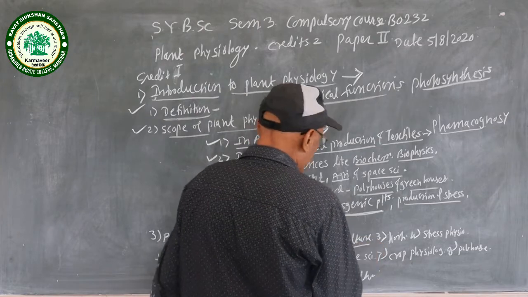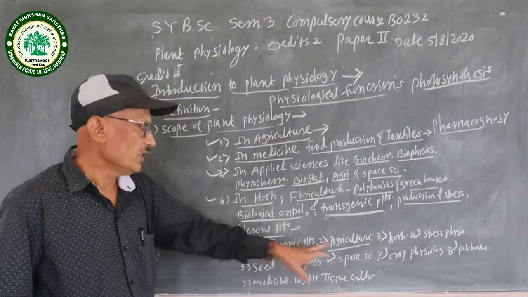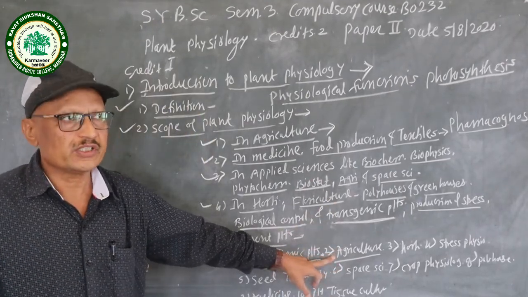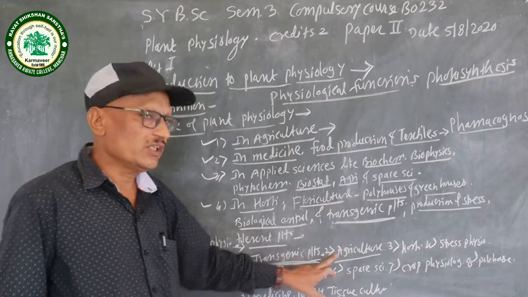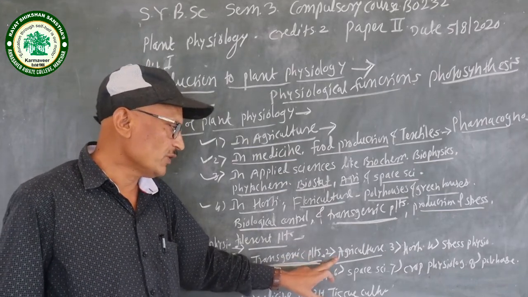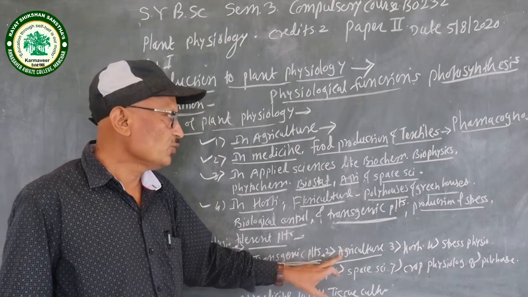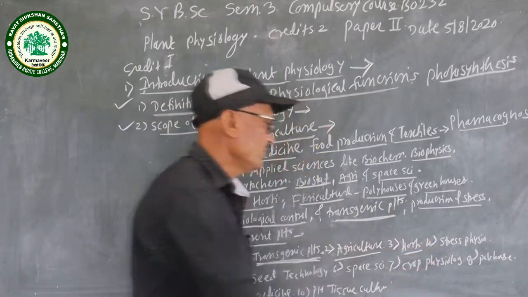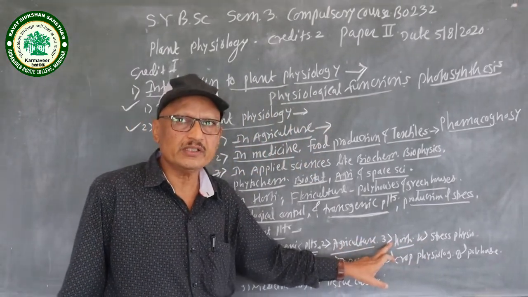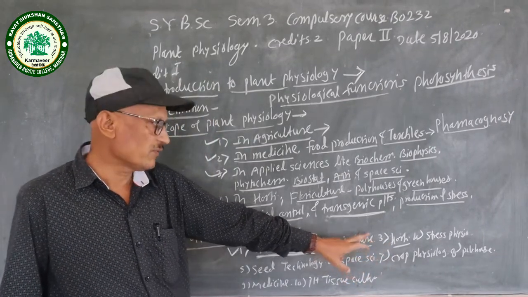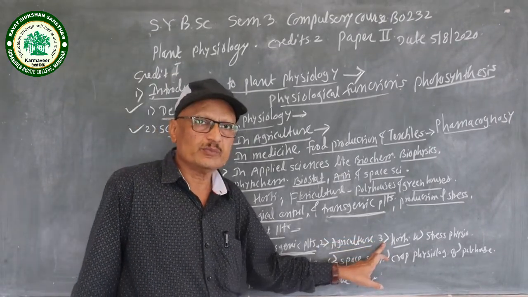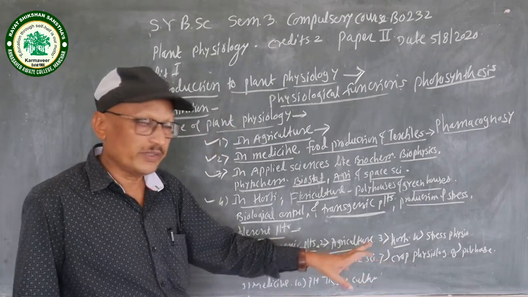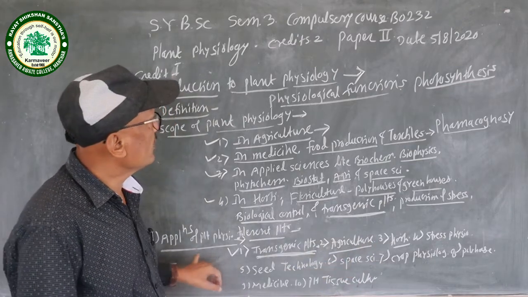Second is agriculture. Application of plant physiology in agriculture, where we use the knowledge of plant physiology for the production of agricultural crops, especially cereal crops and vegetable crops, etc. We use the knowledge of plant physiology and we increase the yield. Then horticulture, where economically important cultivation of fruits, vegetables, flowers, etc., and their production, multiplication and marketing. Nowadays, the horticultural branch is very important, that gives more money to the farmers, and the knowledge of plant physiology is